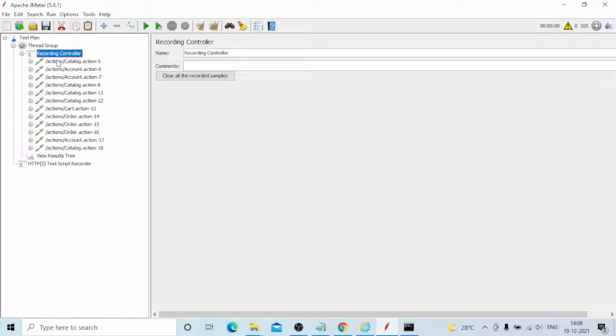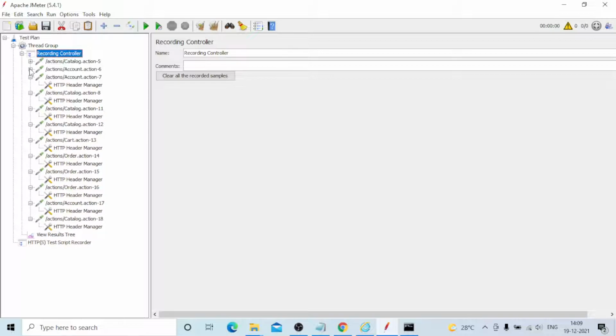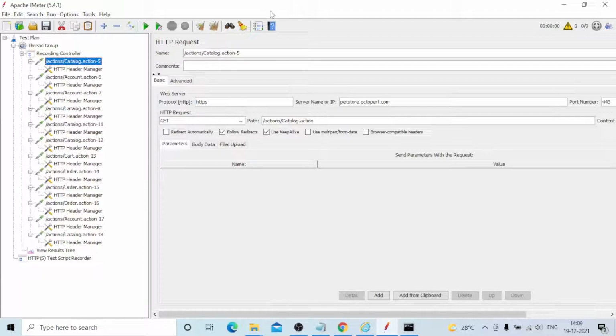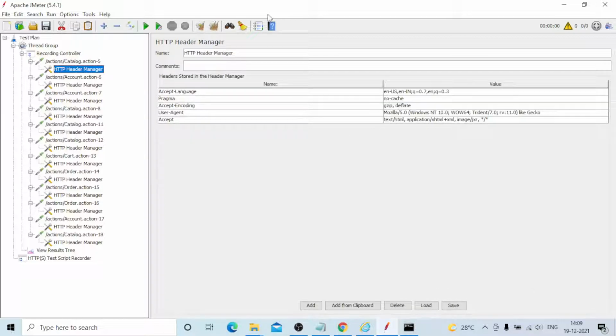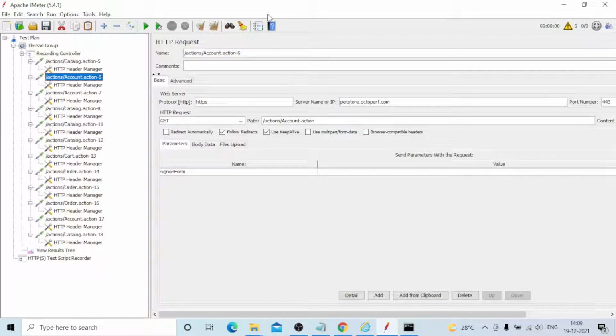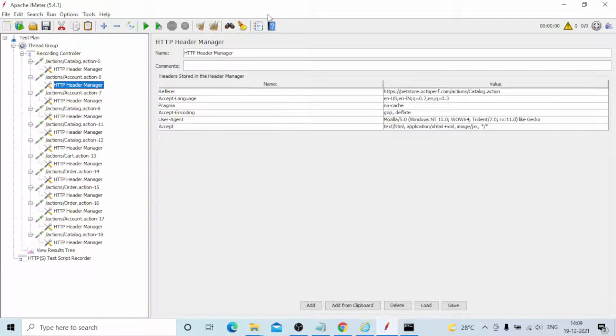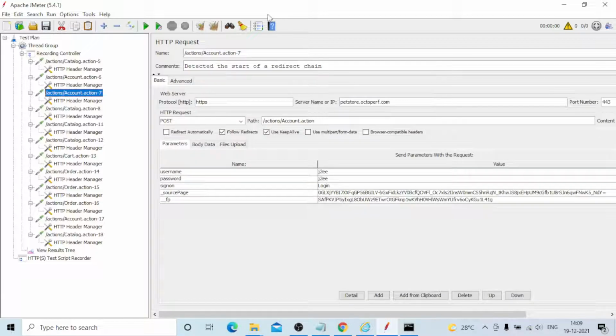Now I need to open all the things, just for comparison. This is the opening page of the JPetStore in JMeter. After that the header manager comes. It's the sign form. It's the login page. You can see the same underscore source page, underscore FP.